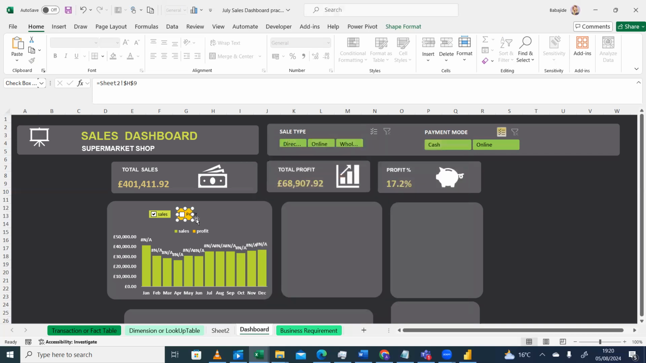Okay. I'll stretch it and make it narrow. Then I can align it with this one, you know, and I'll check. Okay, that's for profit. So anyone can see, this is for sales, this is for profit. Then the one for the profit margin, I'll just go to